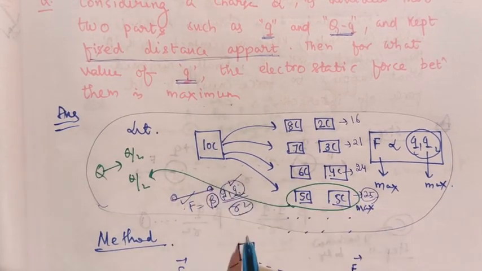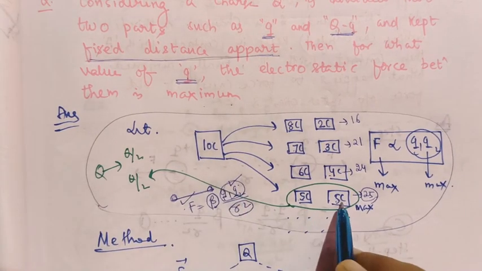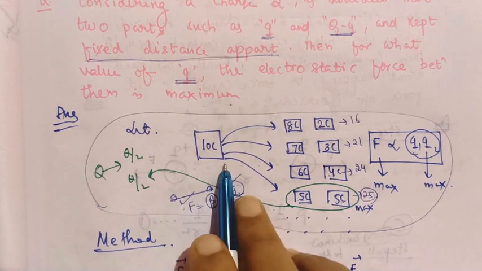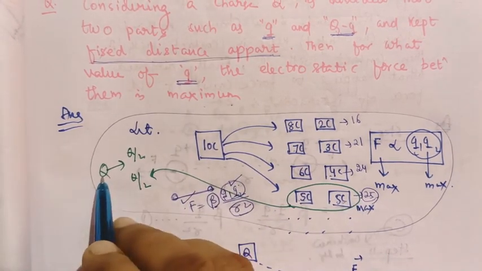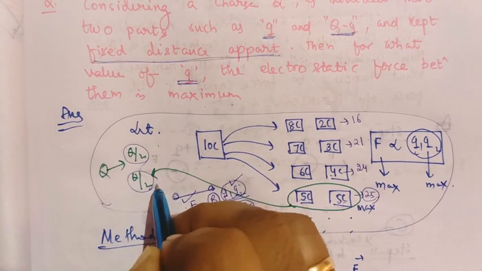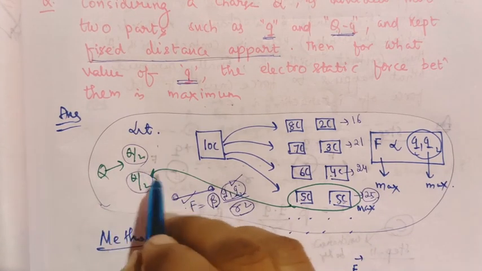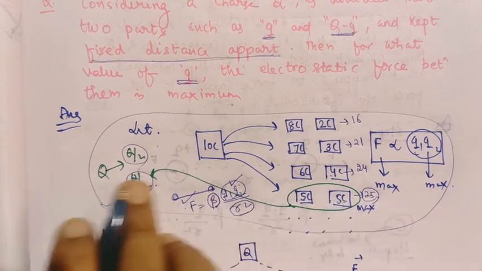So in this example, in which case is the force of interaction maximum? Now, 5 coulomb and 5 coulomb. This is a very GK type of question. You should keep it in memory. If a charge Q is divided equally, Q by 2, 50-50, then definitely the force of interaction will be maximum. In other cases, the force will be less than this. This is the way of answer we have given.